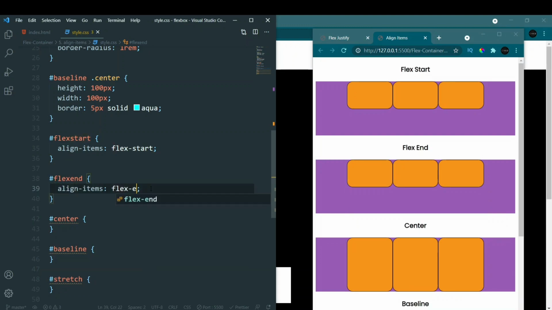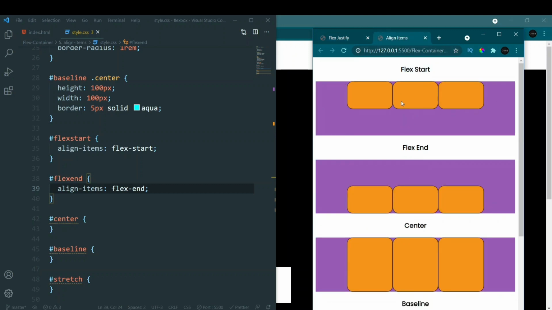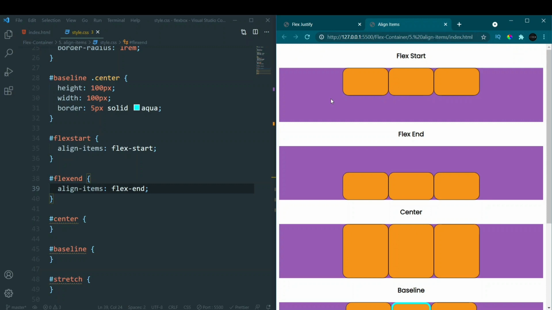Now vertically it will go to the end. In justify content, you can see it moves horizontally only, left and right, not top and bottom. But in align items it is moving top and bottom, not left and right. So here flex start means at the starting of the parent. Flex end means at the end of the parent, in the top and bottom approach.